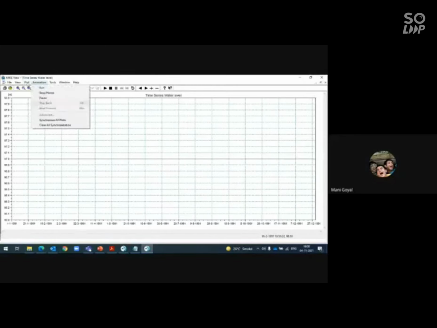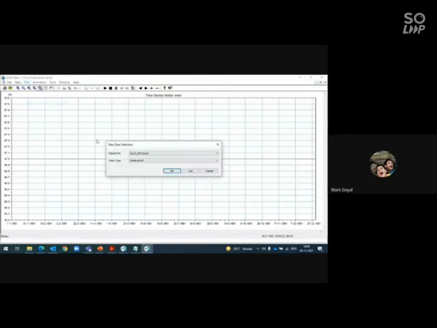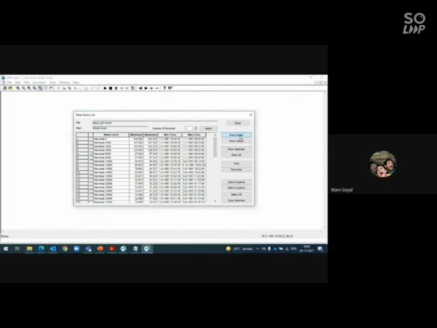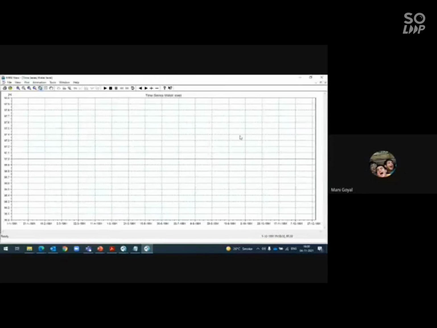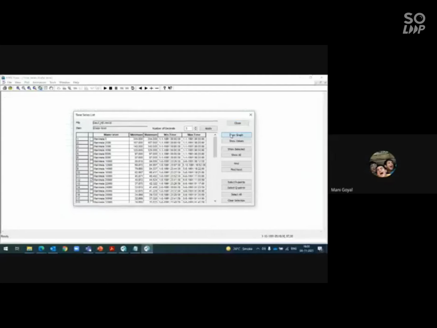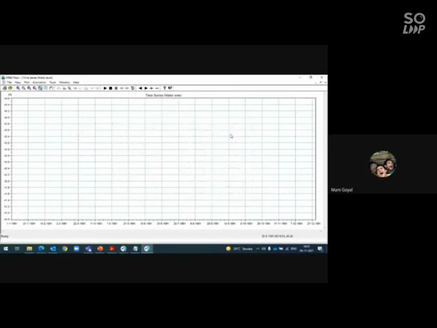No, this is wrong. Let's say at any other chainage. Something is wrong with the results, it's not plotting. Why is it coming blank? It should not be blank.